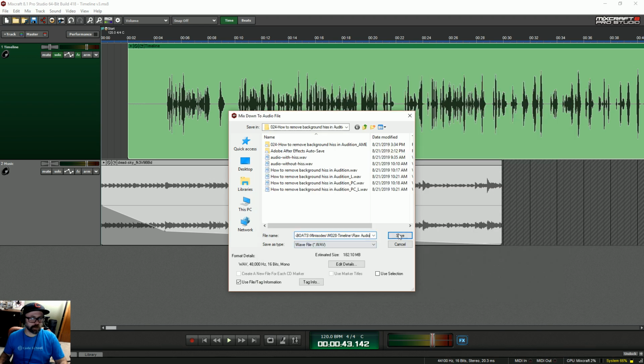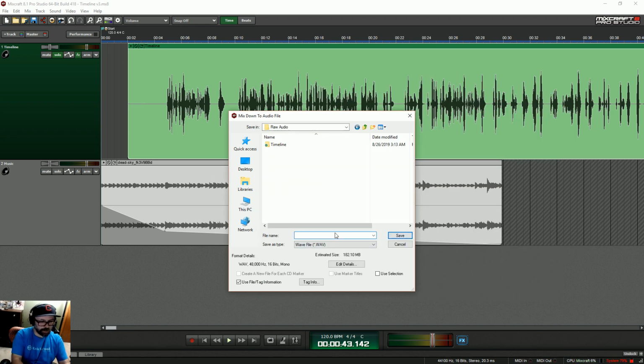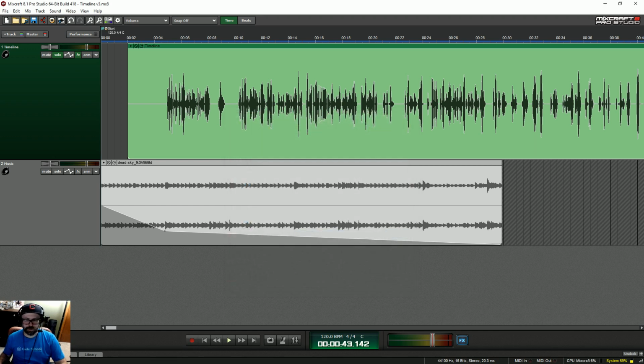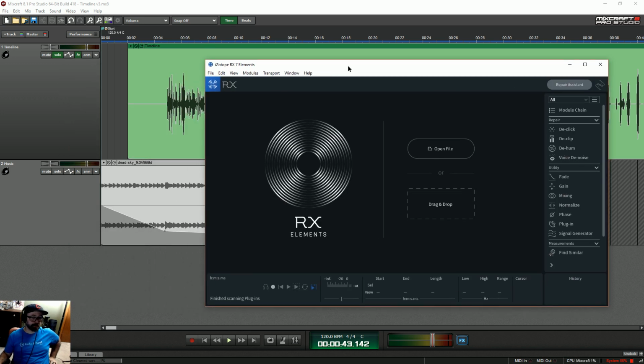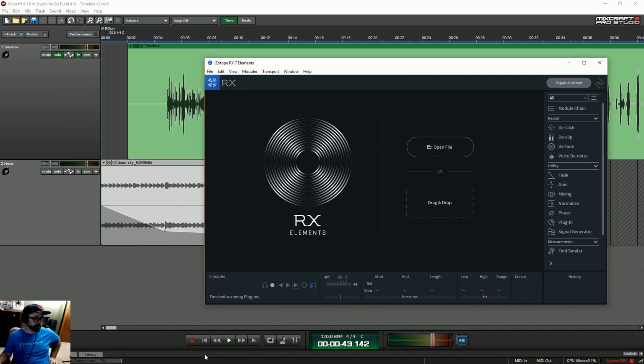And this is cleaned. So I'll clean that, export that file there, and then launch Isotope. So Isotope is an amazing program. Once this exports, basically I'm going to bring it in here to clean it up.